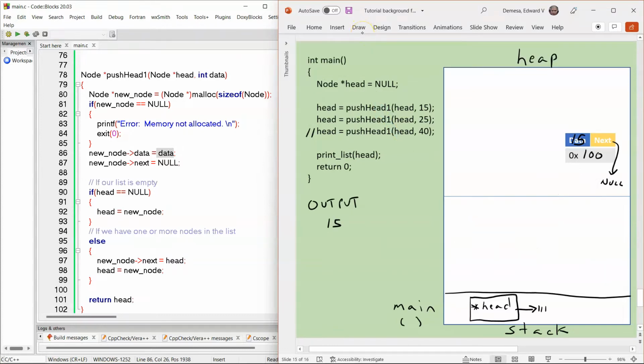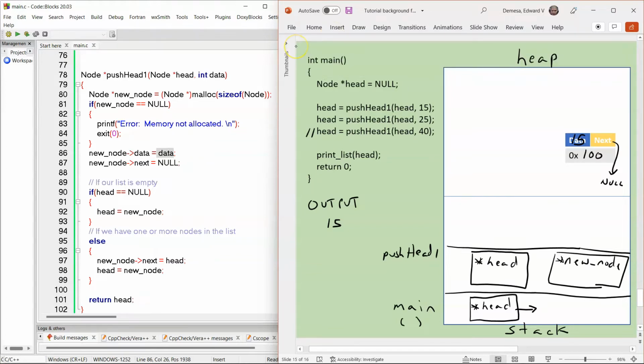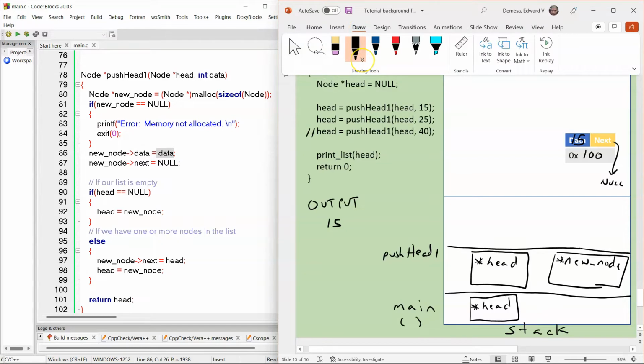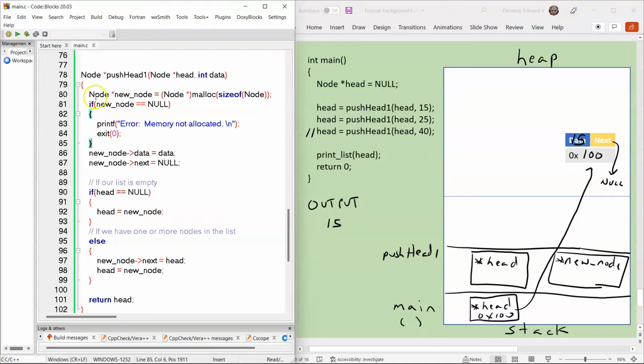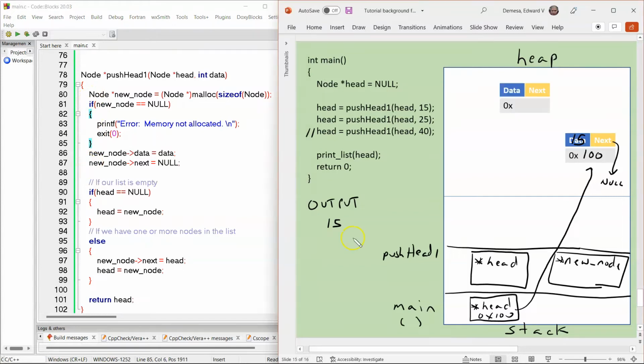We go through our second function call, and we create an activation record for pushHead1. And again, pushHead1 has the same data types. We have a head pointer, and we have a new node pointer. And currently, since we returned the address earlier, our head now holds the address of 0x100. We call pushHead1 for the second time. We go through our code in lines 80 all the way to 87, and this is just creating a node. A new node is created, and our new node holds